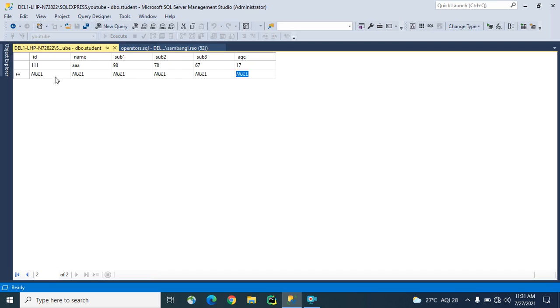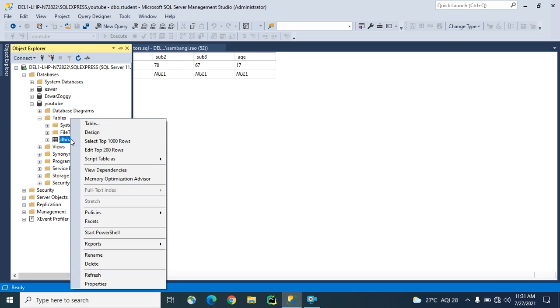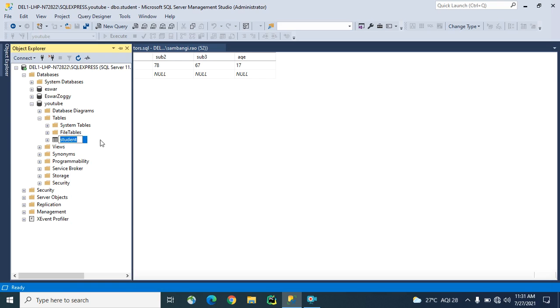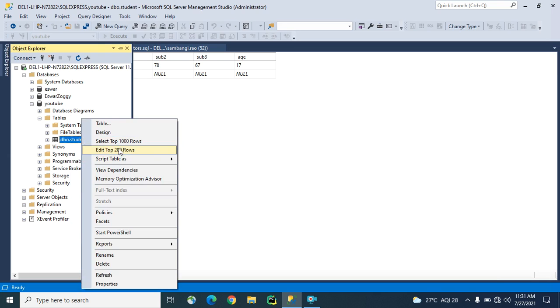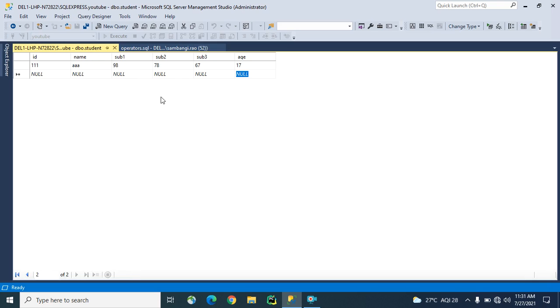We can insert by writing a query, or we can insert dynamically by right-clicking on the student table and choosing the edit top 200 rows option. If you select it, we will get this page, so you can insert values dynamically.